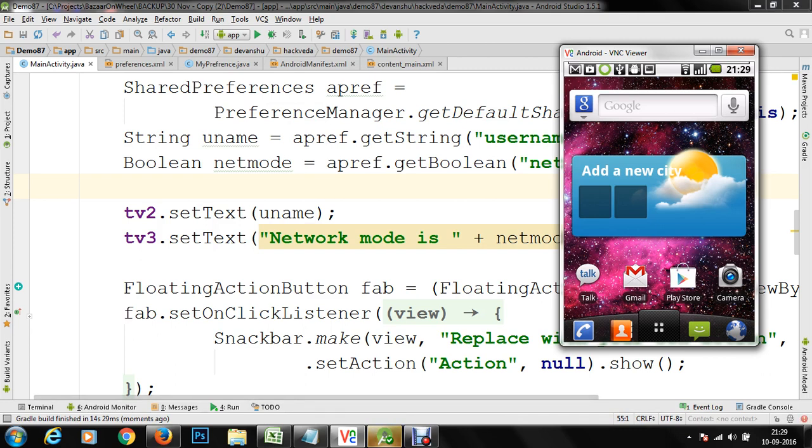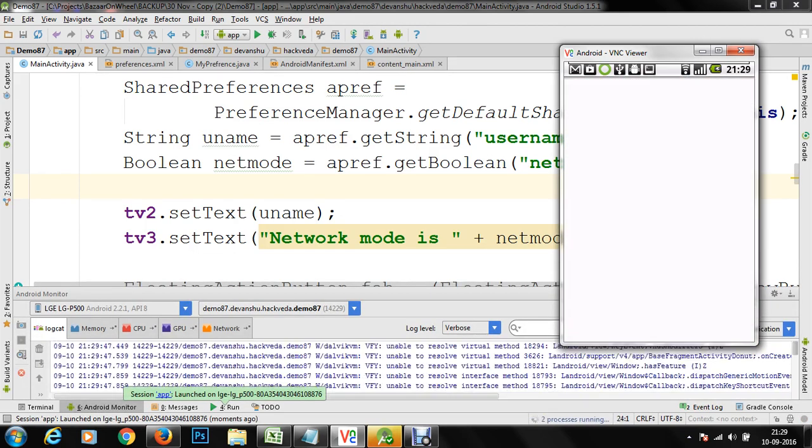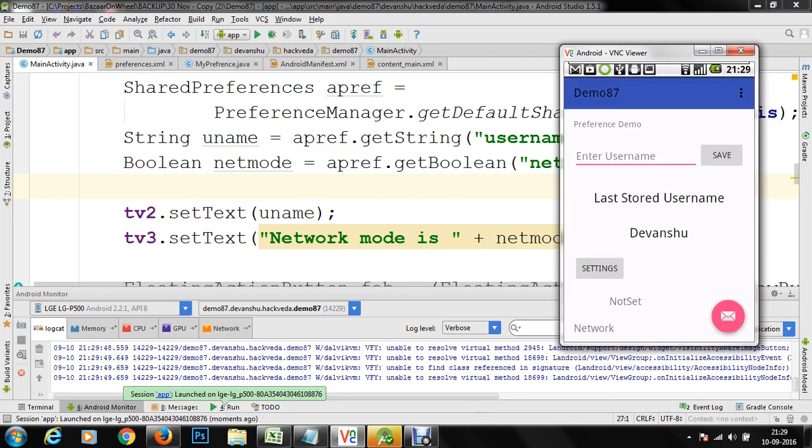As soon as the application runs, we can see a few things like "not set" and the network mode is nothing at the moment.